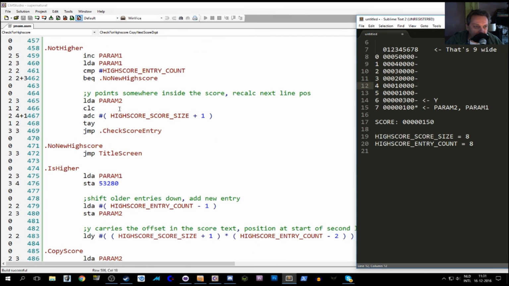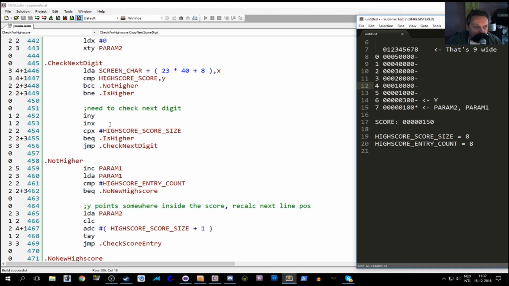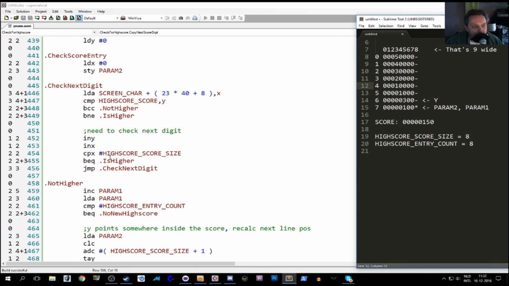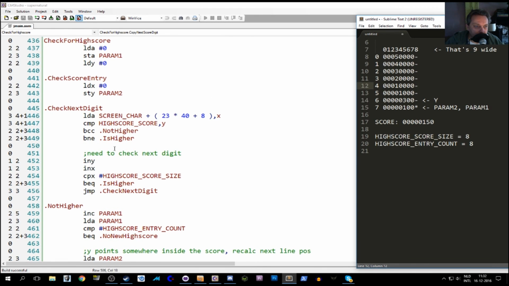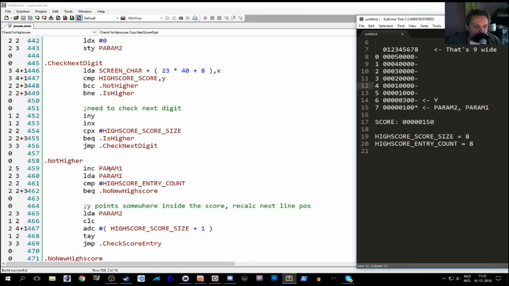Parameter 1 was, if we had a new high score, is higher. Parameter 1, this checks the digits. Increase parameter 1. Right, parameter 1 was if parameters say that our score was